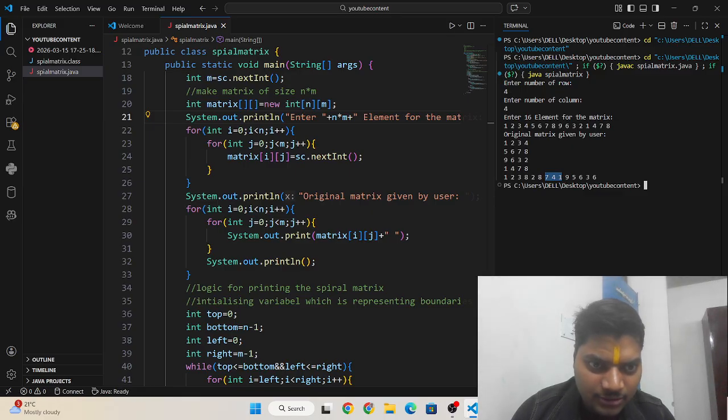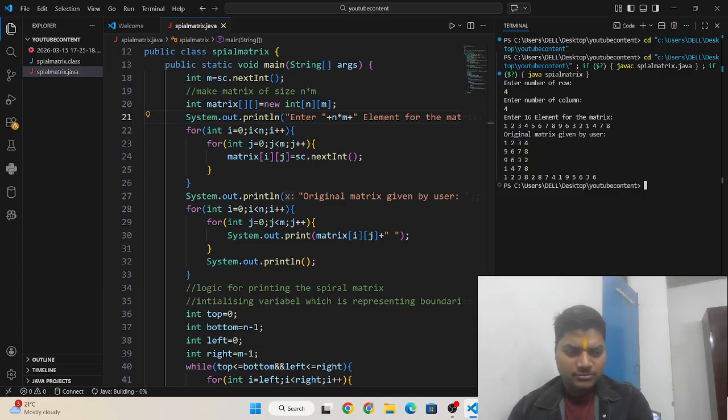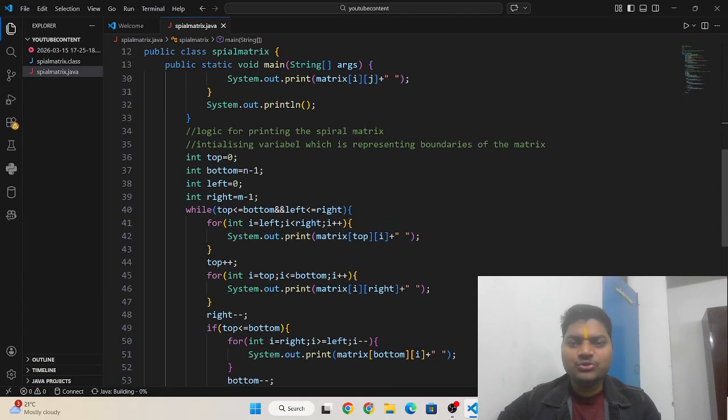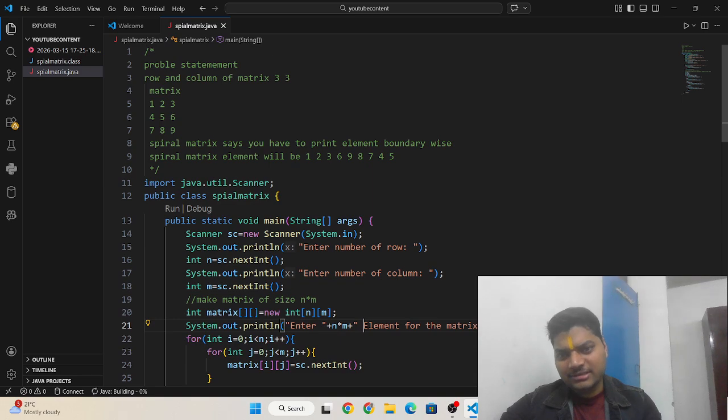After that what it will print? 9. After that it is 9 5. See here 9, after that I have printed this 7 4 1. After that 9 5 will come. After that 6 7 will come. After that 3 and 6 will come. Okay, you can see, in the cycle order, it will print. Okay guys, now I am going to write a comment for each snippet.